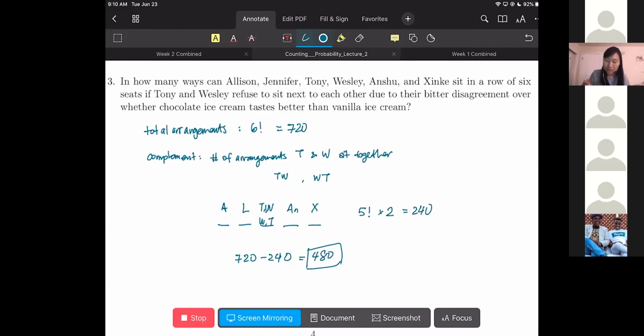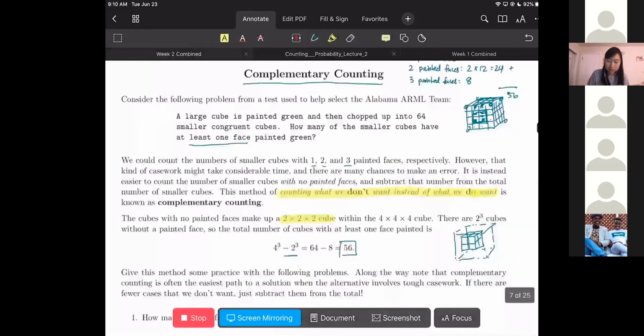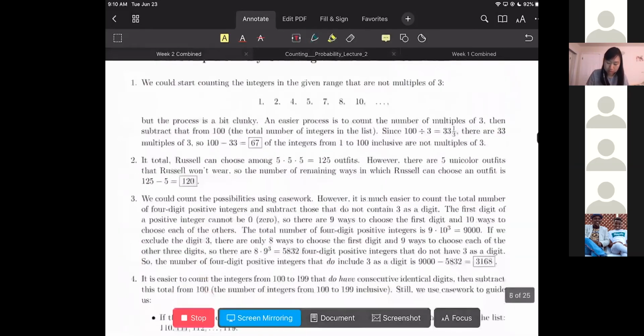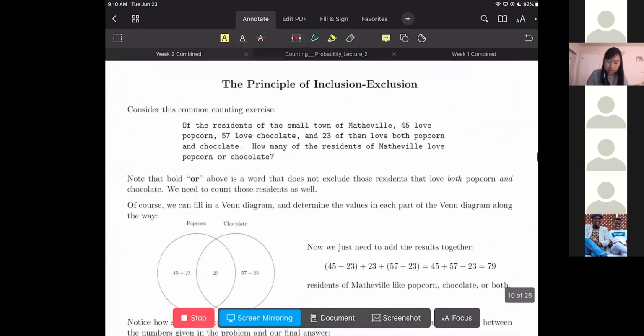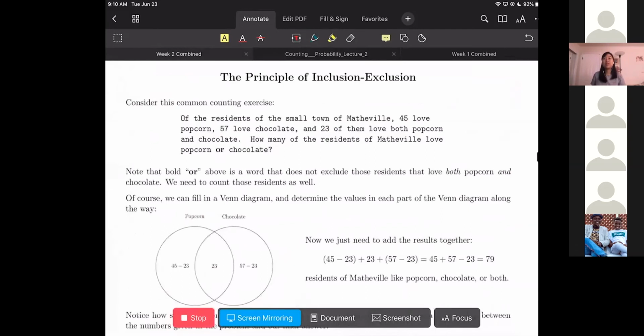So I want to cover another topic, and so I want to switch to here and scroll through these notes to this. It's a little bit different, but it's also a very, very useful concept in counting. And so it's called the principle of inclusion-exclusion. It's commonly abbreviated as